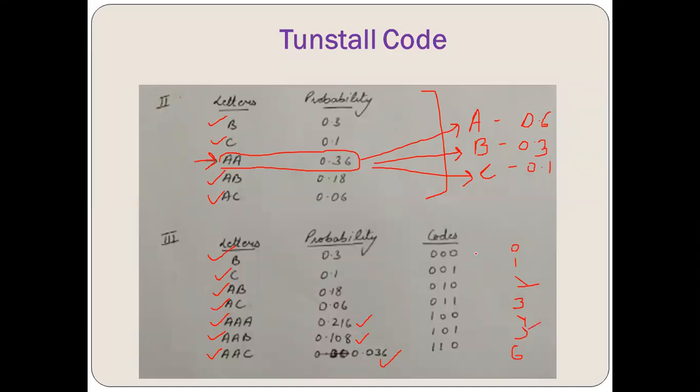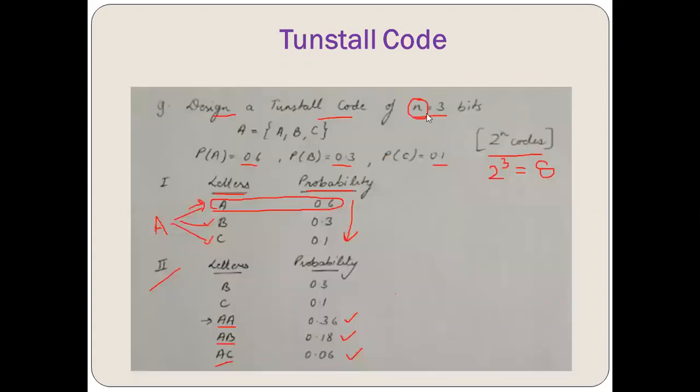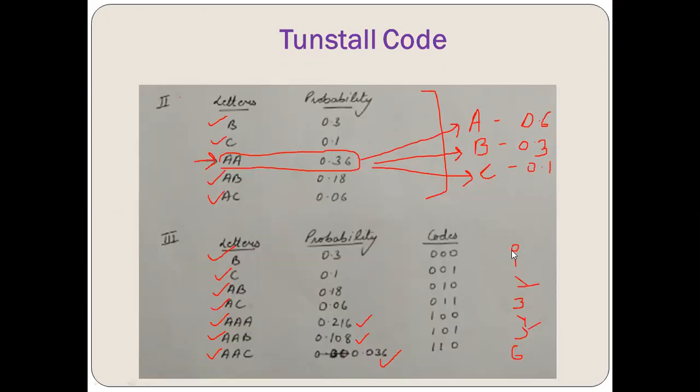Because you have to generate 3-bit code, it is given in the question, you have to generate how much? 3-bit code. So that is why we need to convert this particular decimal value into 3-bit binary representation. And I hope you all know how we generate the 3-bit binary representation of these numbers.